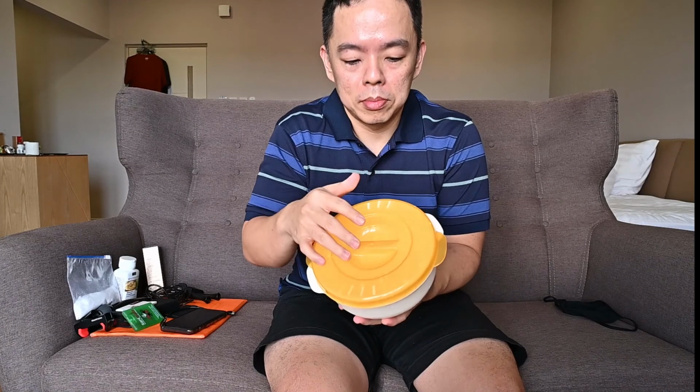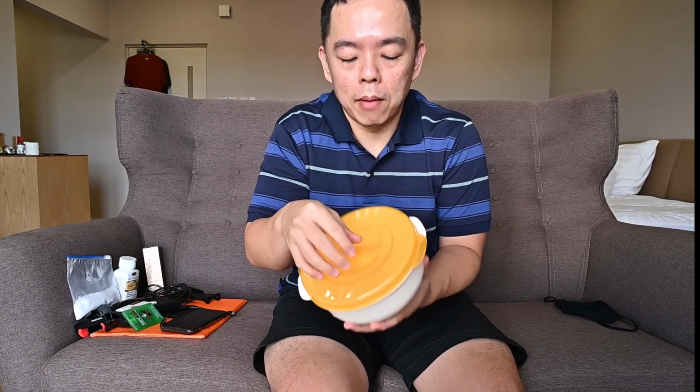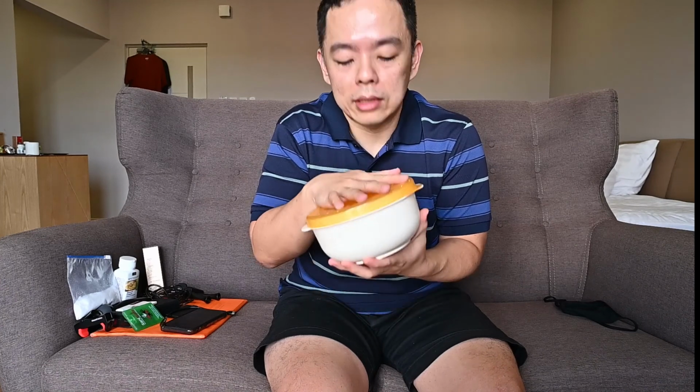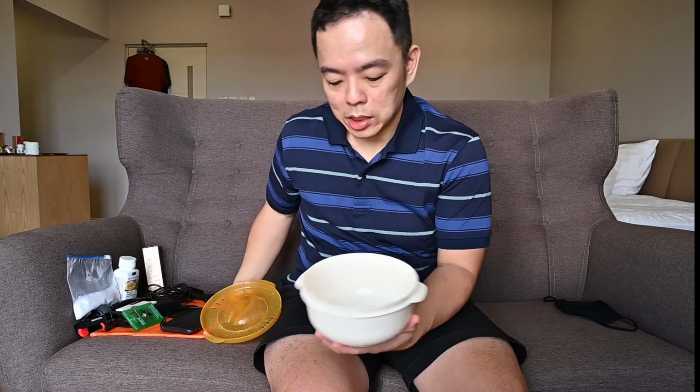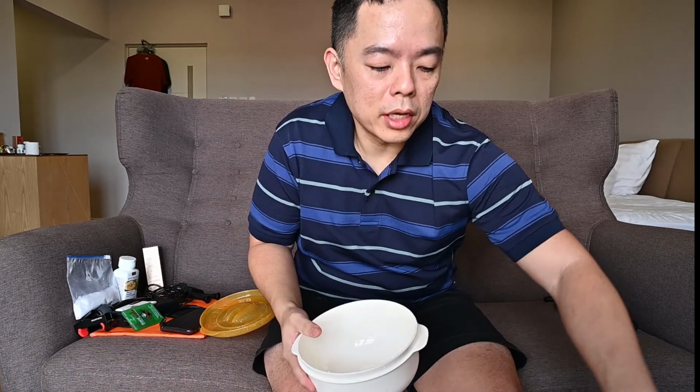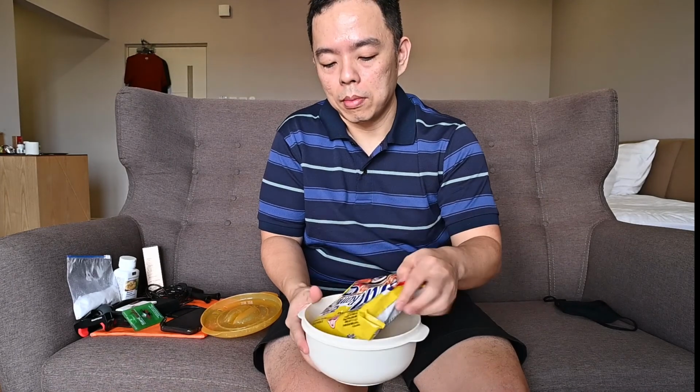So if the hotel has a microwave, you can go to Daiso or any Japanese shop. You can find a bowl like this. This kind of bowl is very dedicated and special for instant noodle. So you can see the bowl is pretty big. I just washed it. So all you need to do is open the instant noodle up, put it in,